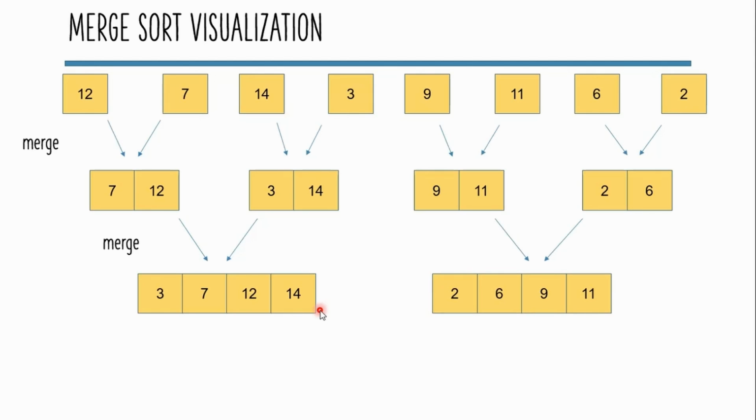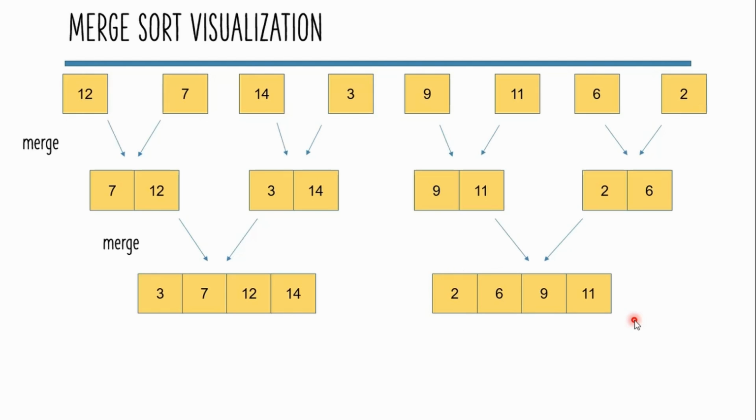Again we need to merge them together to reach the final sorted array, for which we'll repeat the same procedure. Let's say i is the variable which we'll be using to iterate through this subarray, and j is the variable which we'll be using to iterate through this subarray. So whenever one of the elements which we find is less than the other half's element, in such cases we'll just write that particular element in our final array, and we'll increment that particular iterating variable's value in that respective subarray.